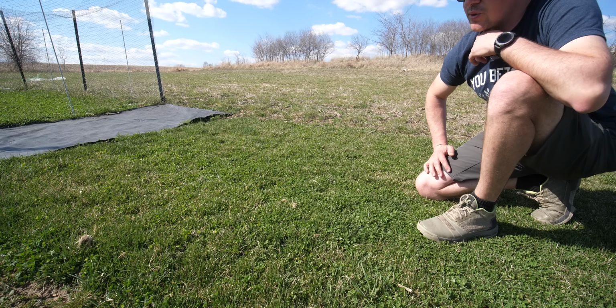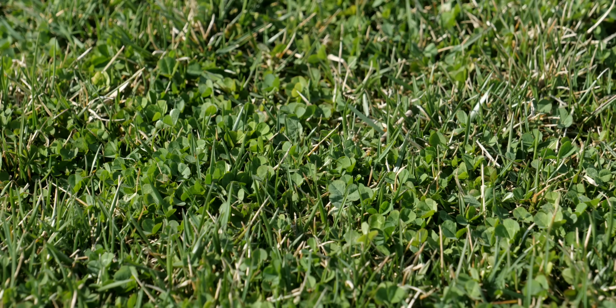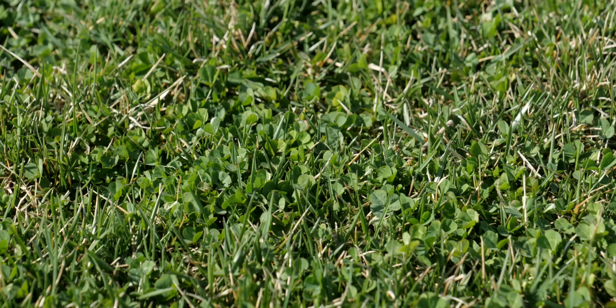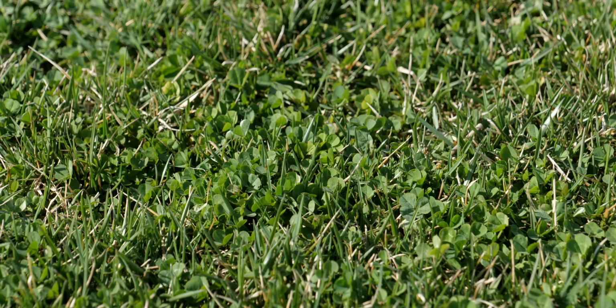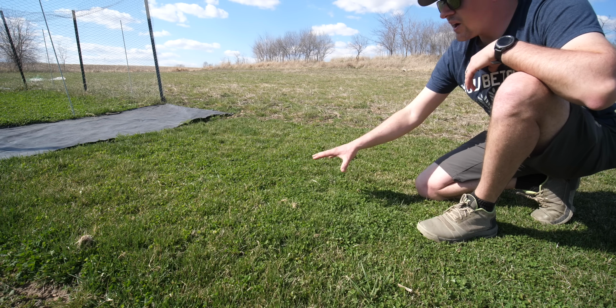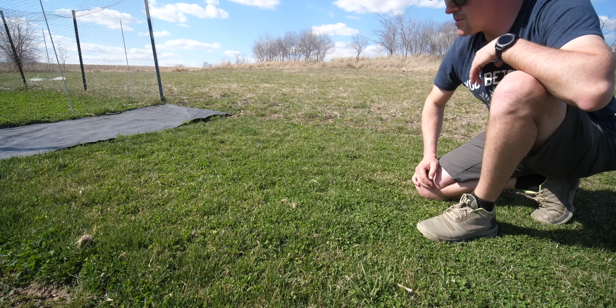I know many of you have also had questions on the micro clover and the tall fescue with micro clover in it. This is the tall fescue with micro clover. You can see a lot of that clover is doing well. The tall fescue has not fully come out of dormancy yet, so I'll be interested to see as that greens up how everything does. Now, I would say it's fairly consistent on the clover in here,